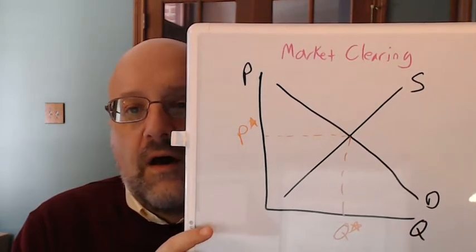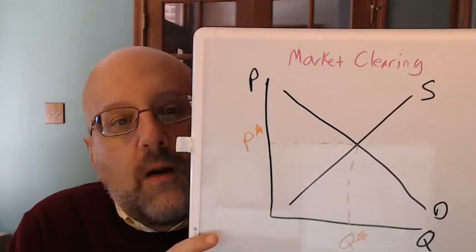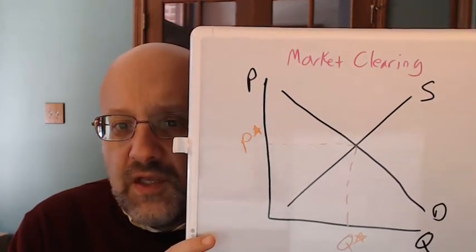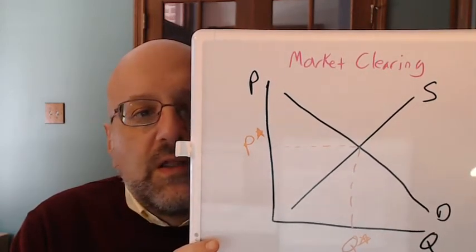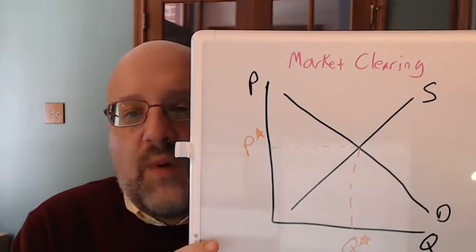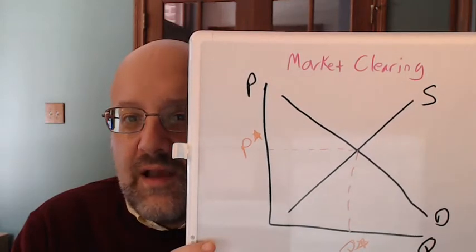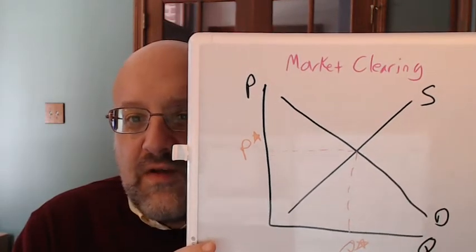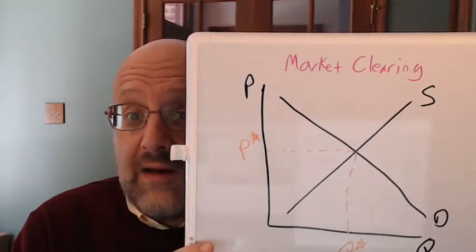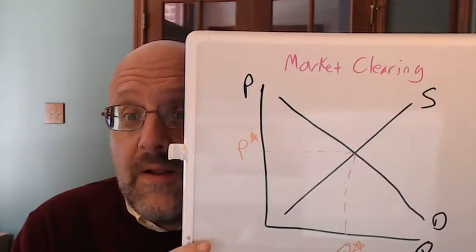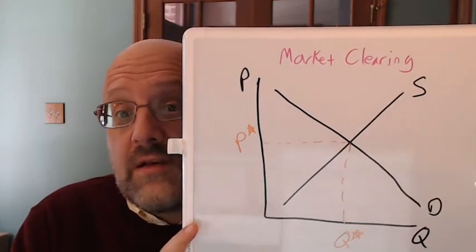The intersection of that supply and demand curve at P star and Q star is, again, what we call market clearing. And the best way to think about that, I think, is to recognize that at that point, the plans of sellers are fully coordinated with the plans of buyers. At that price, P star, everyone who wants to buy the good at that price finds a unit of the good available from sellers, and every seller who wants to sell at that price is able to find a buyer to buy those units of that good. That is, everyone finds a partner at market clearing. All their plans are fully coordinated.